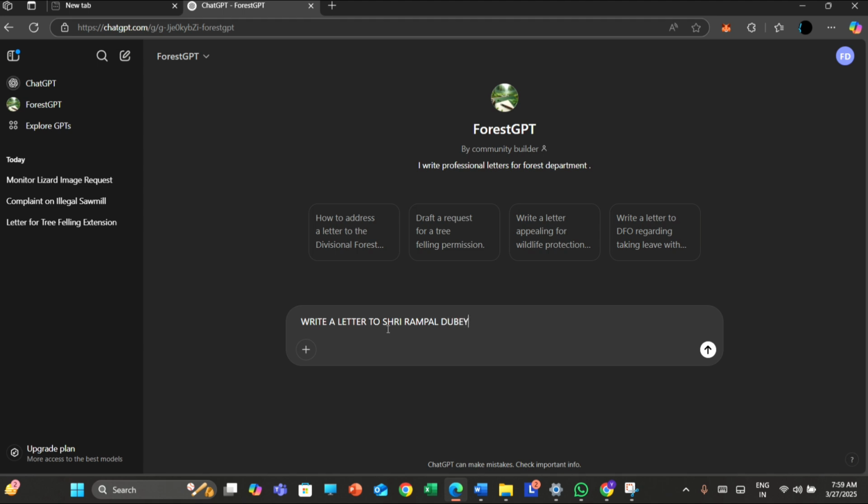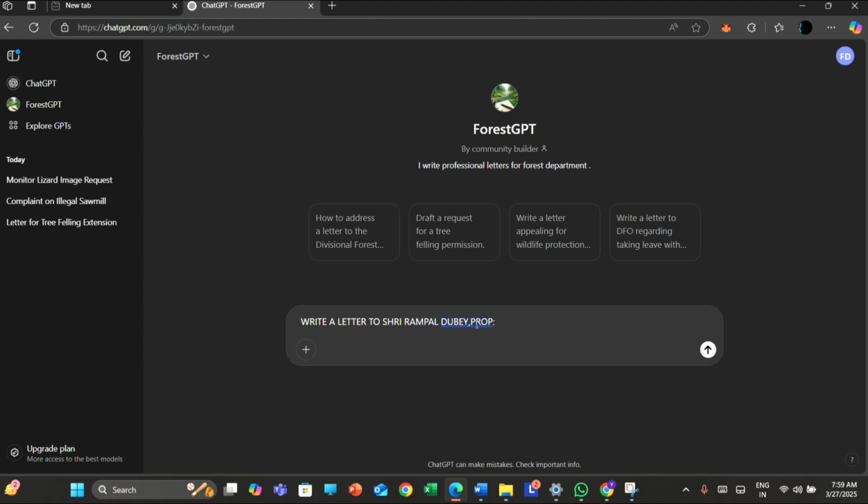Now this name is totally an absurd name, an anonymous name. This is only for the sake of the tutorial, just to explain how it works and how you can use it. Just for the demo, it's a disclaimer. Now let's start. Write a letter to Sri Rampal Dubey,